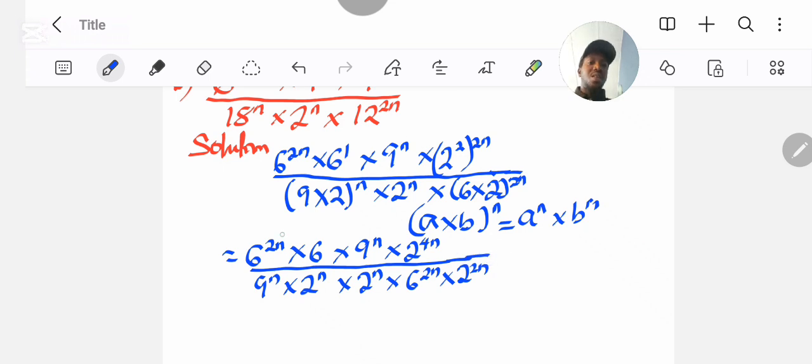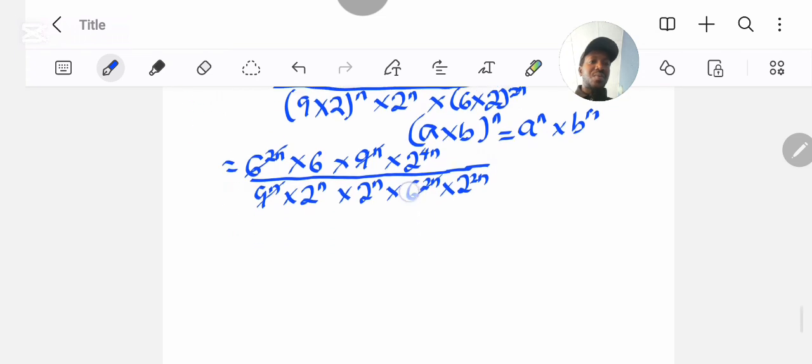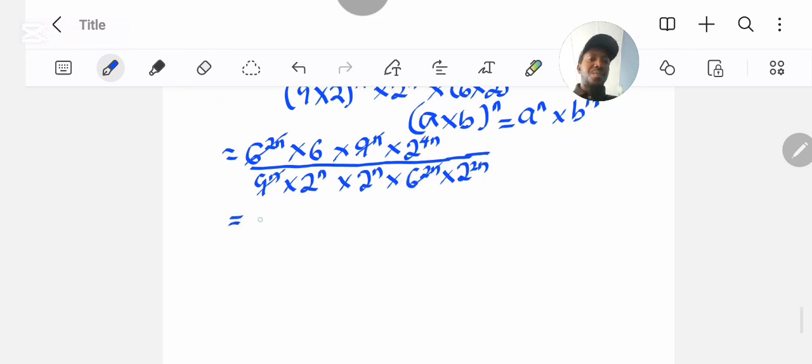So from here, you can see that this cancels this. So what else do we have? We have 6 times 2 raised to power 4n all over